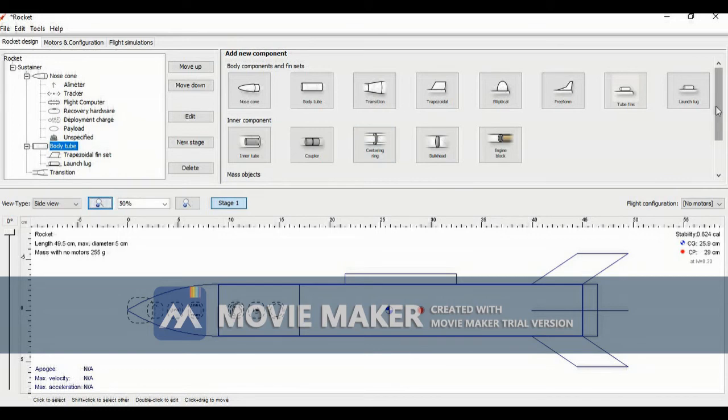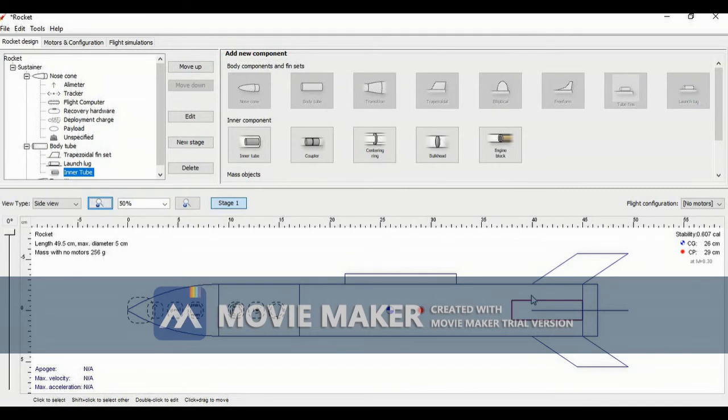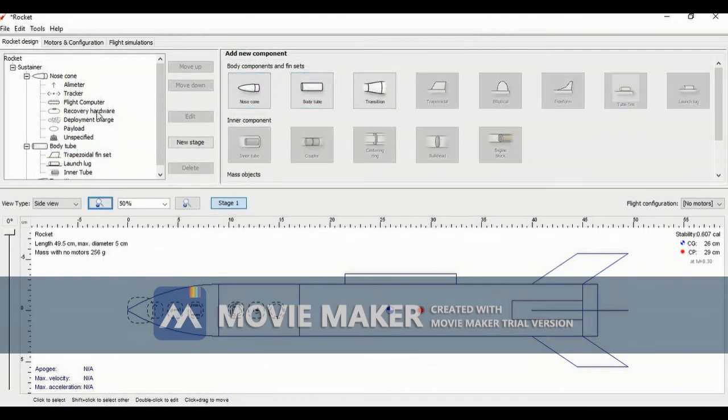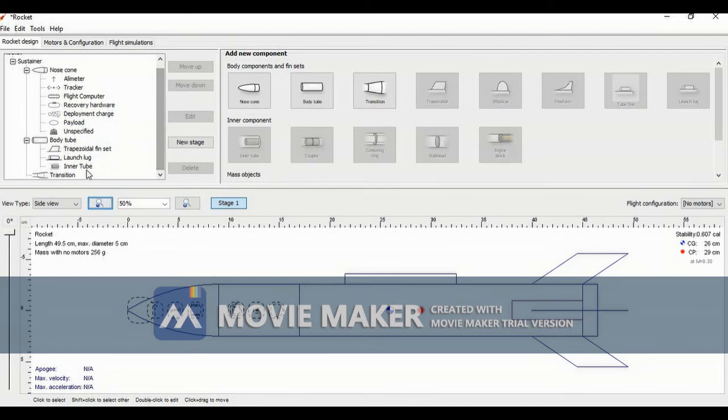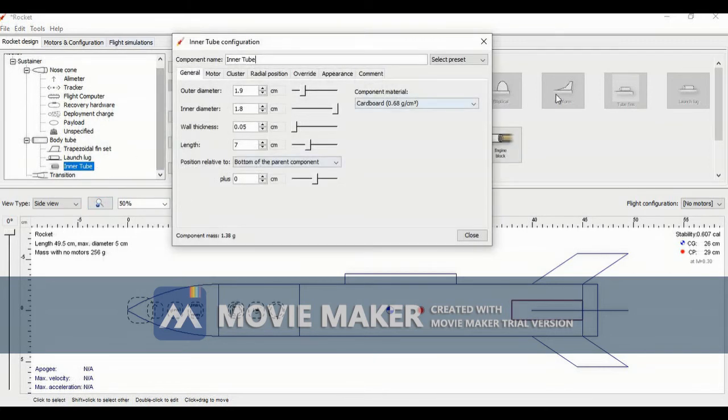We will first of all be putting the inner tube. This inner tube will be here only, and I think it's all okay. So now here is the inner tube. I have given it a color of red. I can also change it, like click on here. I opened the body tube by mistake. If you also face this problem, just go and click here on inner tube. It's important for this.